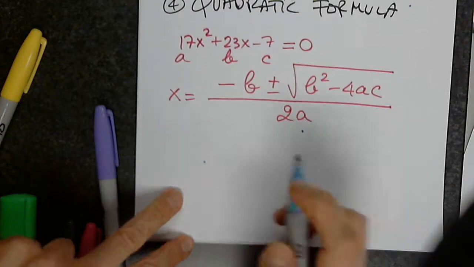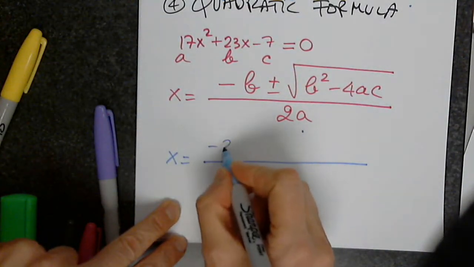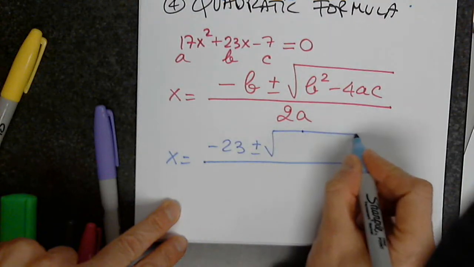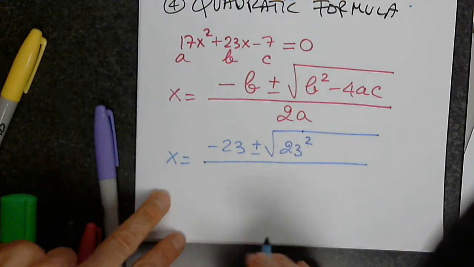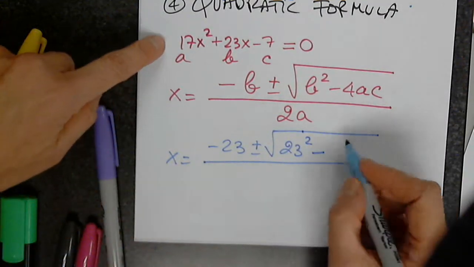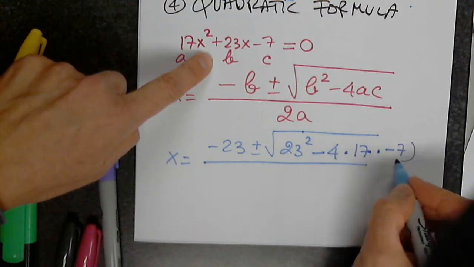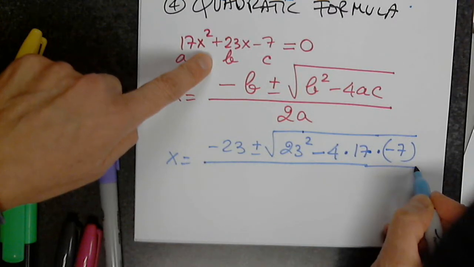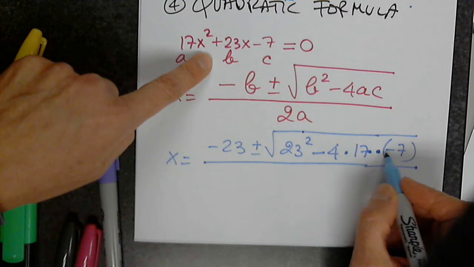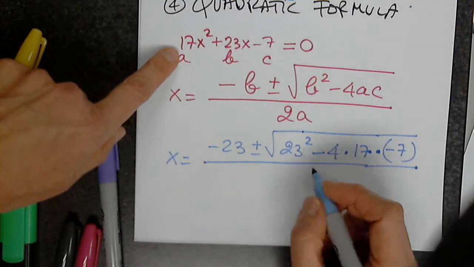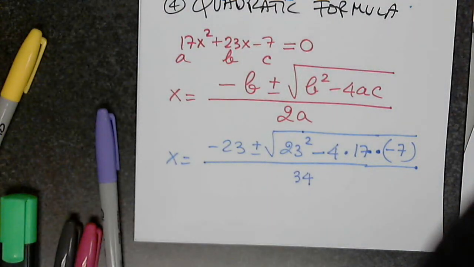Okay, so x equals negative b, negative 23, plus or minus the square root of 23 squared minus 4 times 17 times negative 7 in parentheses, bless you. In parentheses, negative 7, you cannot have multiplication and negative operation symbols without being separated, over 2 times 17, which is 34. I want to illustrate this with